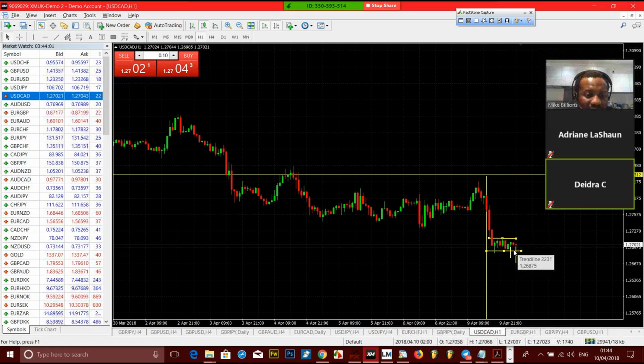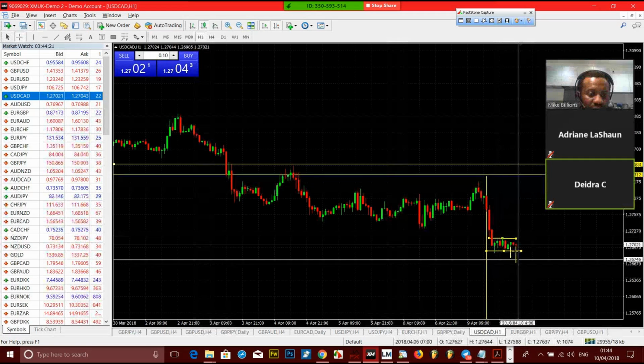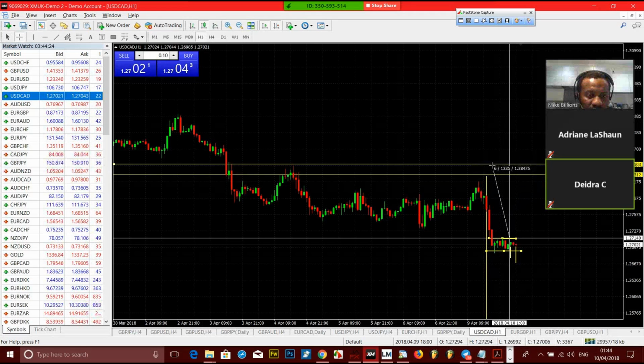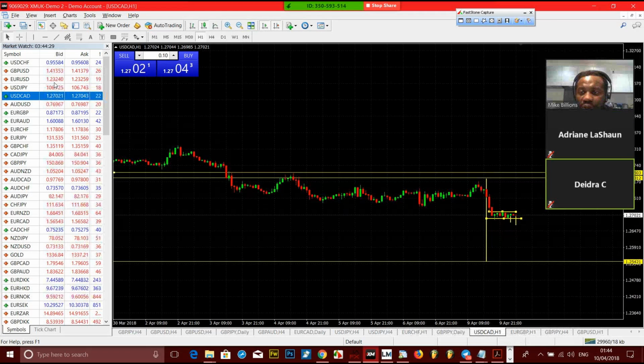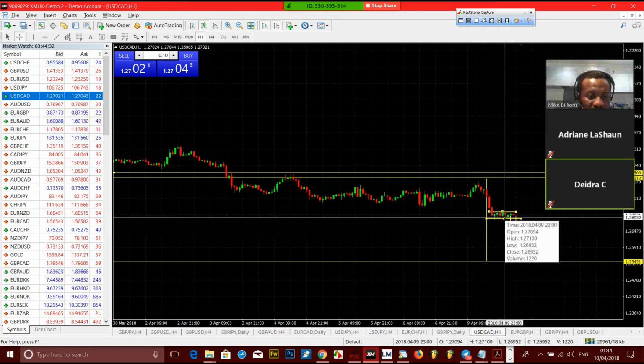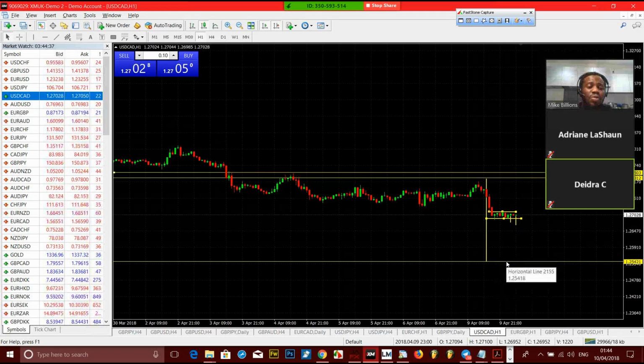So I could enter right at this point, but if I do enter, it means I'm going to put my stop loss somewhere around here. I'm going to put my stop loss in the safest place I can put it for now. If I take it too high, I can put it somewhere around here. For how many pips? Let me see. Well, that's 130. Let's see how many pips you're looking to win in the market. 140. 1-to-1, not so bad.